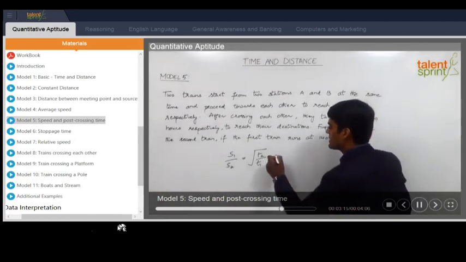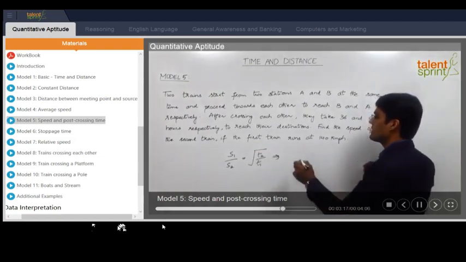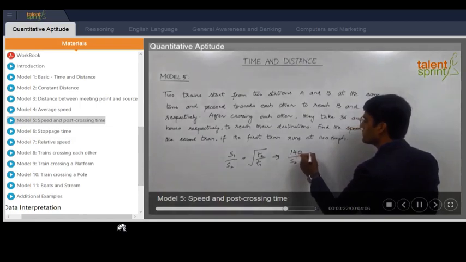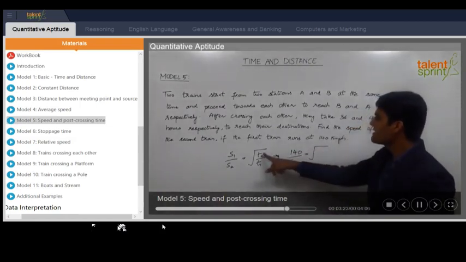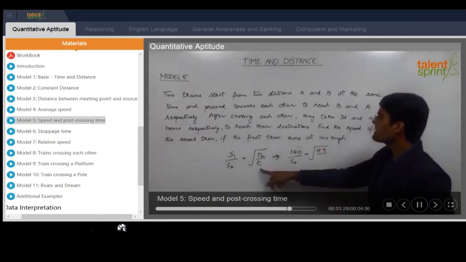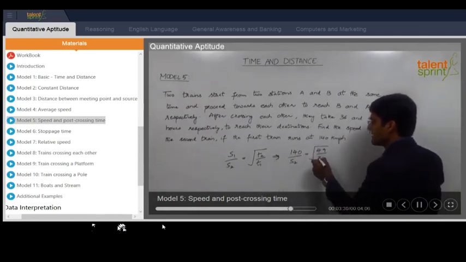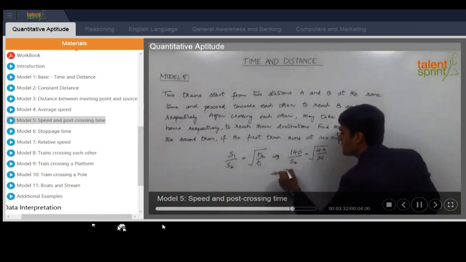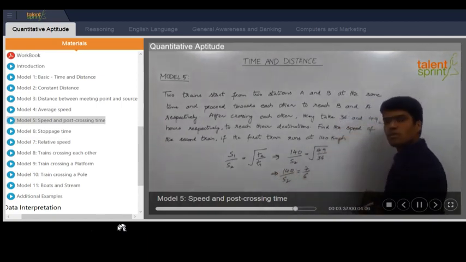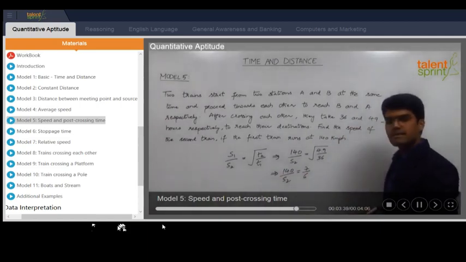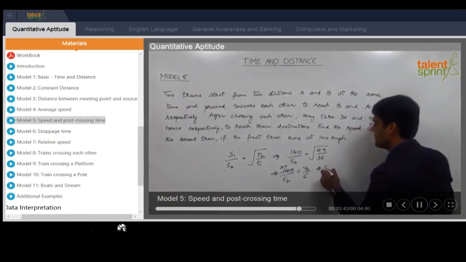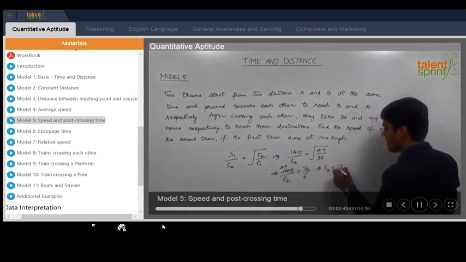So as given in the question, the speed of the first train is 140 kilometers per hour. So 140 by S2 should be equal to root over the time taken by the second train, which is 49, and the time taken by the first train to reach its destination is 36 hours. So this can be taken as 140 by S2 equals 7 by 6, because root over 49 is 7 and root over 36 is 6. Now 7 goes into 140 twenty times, so we can say that S2 will be equal to 20 into 6, which is 120,